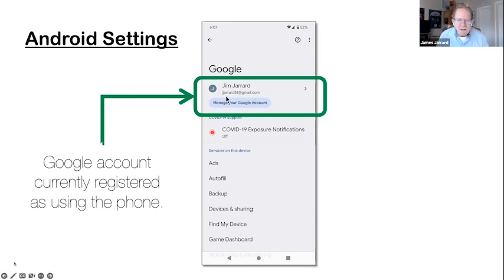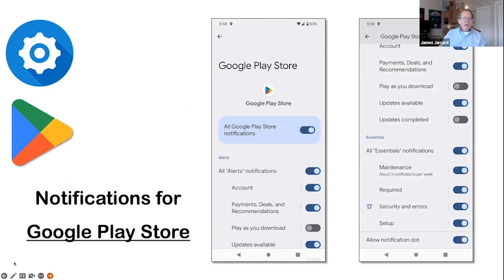And you can see here, this is how I am identified on this phone. And this will show up repeatedly. All of these different items. Now I'm going to go next